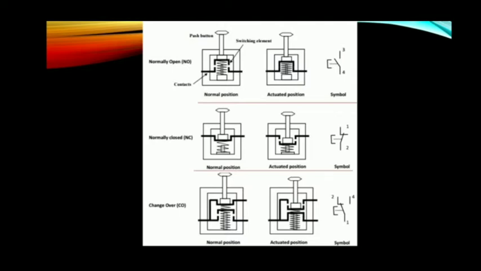1. Normally open, NO, type. 2. Normally closed, NC, type. 3. Changeover, CO, type. Limit switches: any switch that is actuated due to the position of a fluid power component, usually